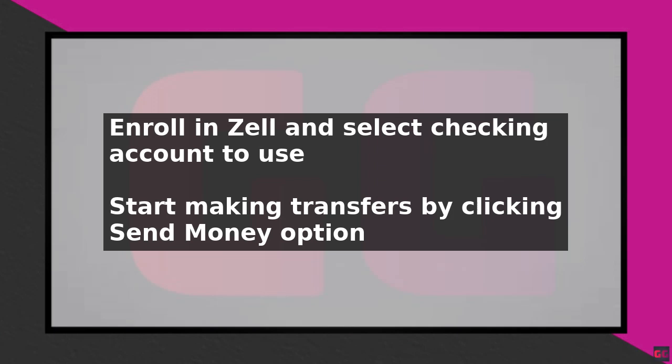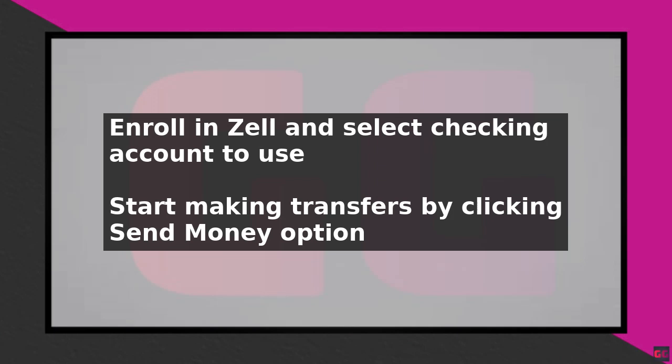Once you have enrolled in Zelle, you can start making transfers by clicking Send Money. You will be offered the option to generate a code, but you can skip this step for now. After acknowledging some tips by clicking Got It, you can add a new recipient to your Zelle contacts by clicking